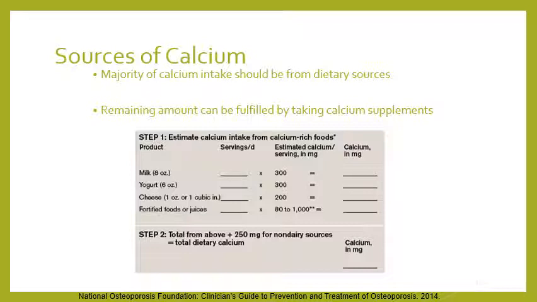If you look below, this is a good tool that you can use to calculate the amount of calcium that patients are getting from different types of dietary sources. You'll see that milk and yogurt have 300 milligrams of calcium per serving. Cheese has 200 milligrams per serving, and fortified foods or juices can range anywhere from 80 to 1,000 milligrams